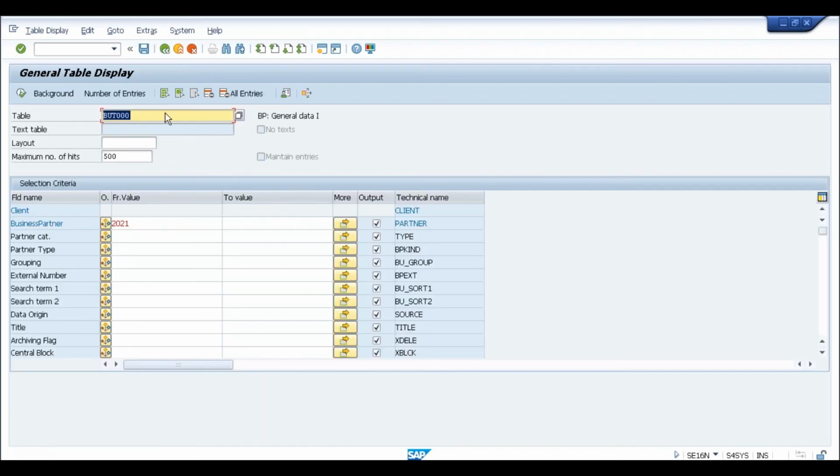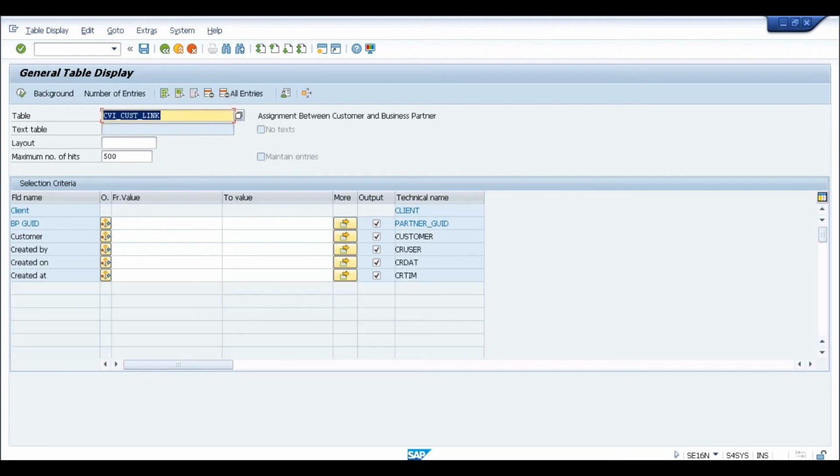Another table used for the integration between customer and business partner is CVI_CUST_LINK, customer vendor integration, underscore CUST, underscore LINK. Again, these are not new tables. These are traditional tables which are available in ECC also, just to make sure that the link is created between the customer and the business partner.